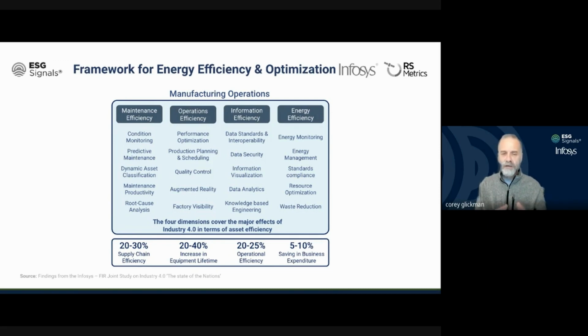When we start to combine all of these areas, it's a clear case of why this should be taking place. It forces that evolution from lean to Industry 4.0 to now Industry 4.0 that drives a circular approach, and it all starts with the data. It starts with data that is more than just saying, I understand how much carbon is coming in and out, or how much energy is being used, but all of the aspects that Malcolm was talking about, giving a more holistic picture and being flexible to understand that all data models are constantly changing, and being able to react or predict is really where the power starts taking place.